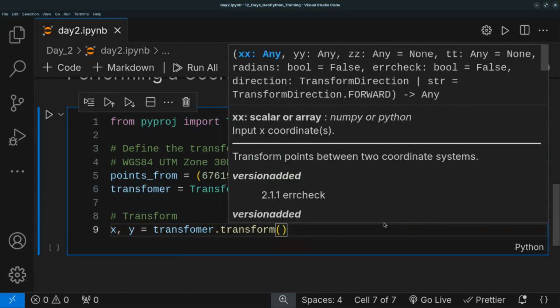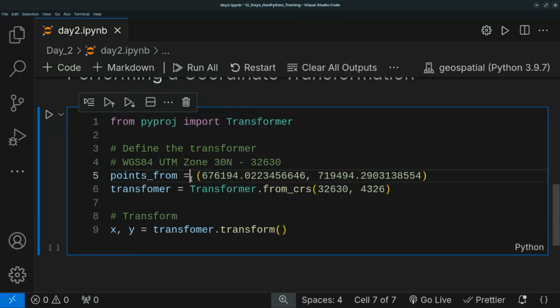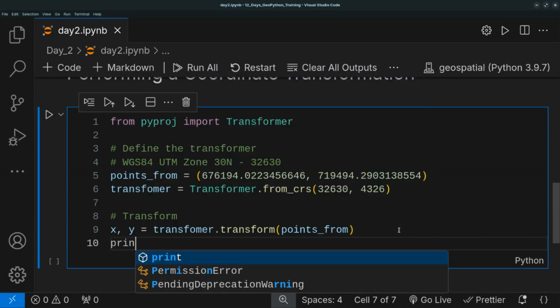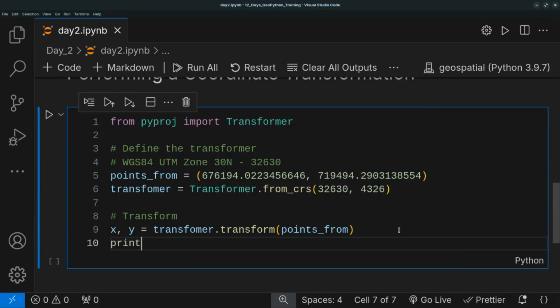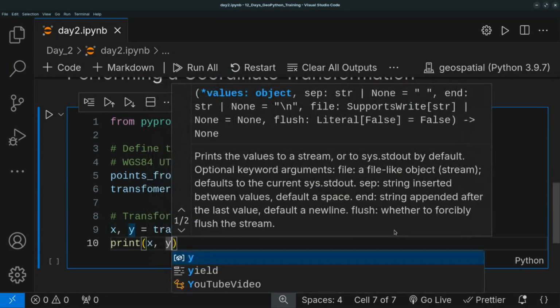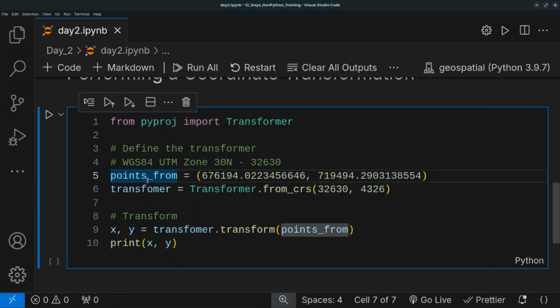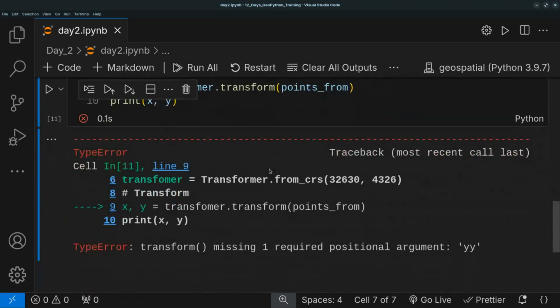And what do I want to transform? I want to transform this point here. So I can pass in points from. And then if I tell it to print X comma Y, if we have done everything correctly, when I run this code,